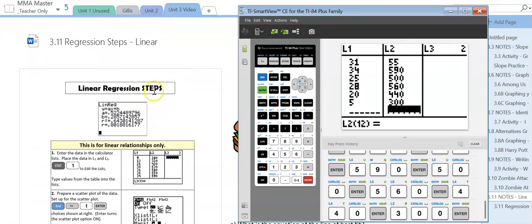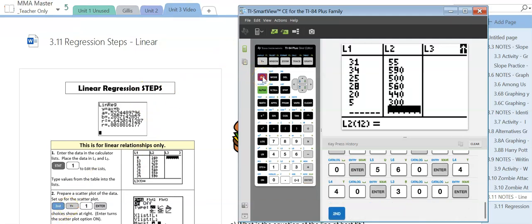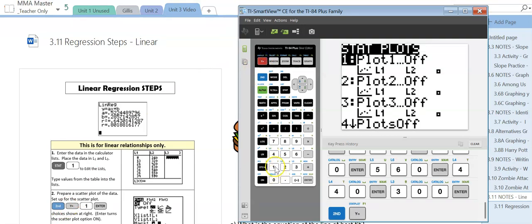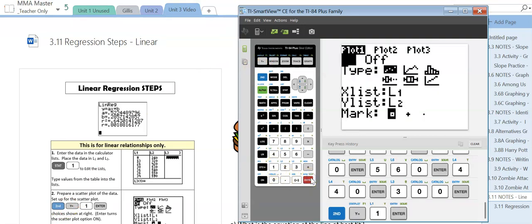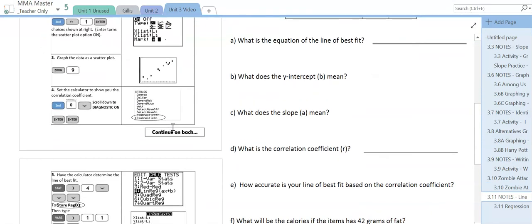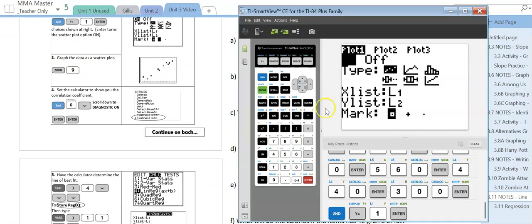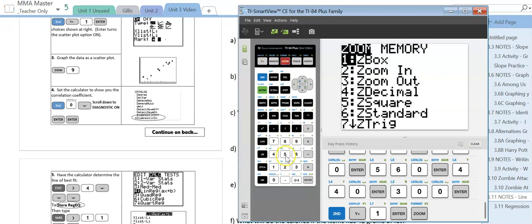Okay. So the next step is to turn on the stat plot. So second, Y equals 1, enter. And notice that it's now blinking it on. That's what you want to do. You want to turn it on. So now it tells us we're going to hit zoom 9 to get this screen. So I'll bring my calculator back up. So I'm going to hit zoom, which is the middle button right up here, 9,